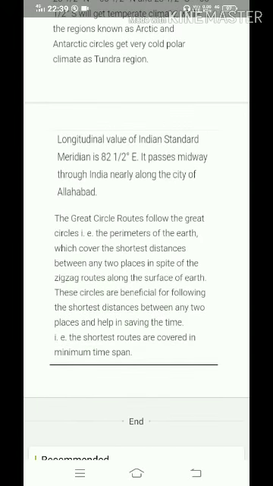Longitudinal value, here the Indian time is given. Longitude is actually connected with time. Previously I told you about the characteristics or concept of longitude, and that the apparent movement of the sun across the sky is due to the rotation of the earth on its axis. The rotation of the earth, also known as the daily motion of the earth, gives us the measure of a day, 24 hours. The relationship between the sun and the earth is considered the best timekeeper in the world.